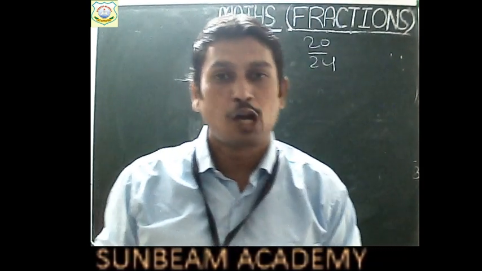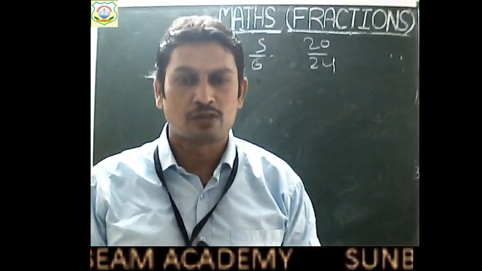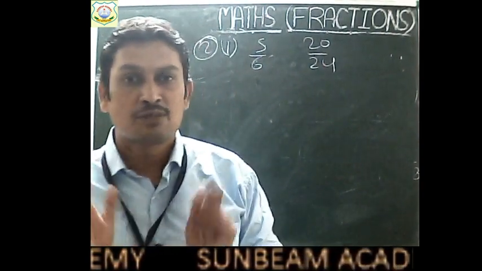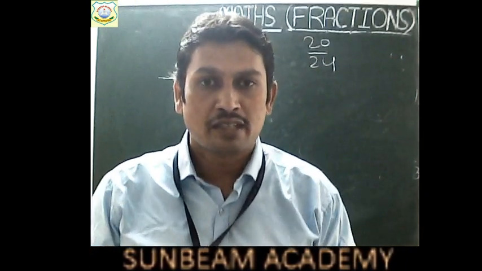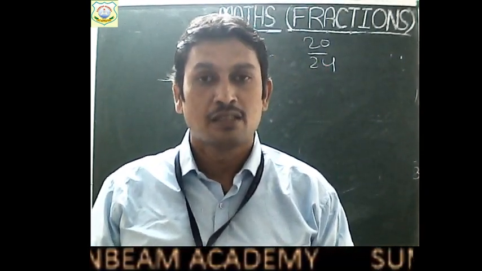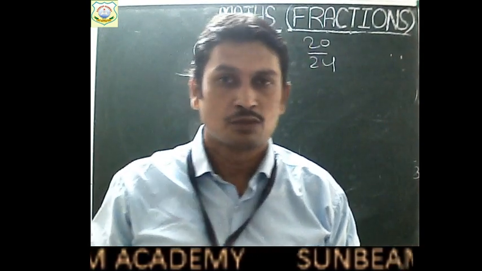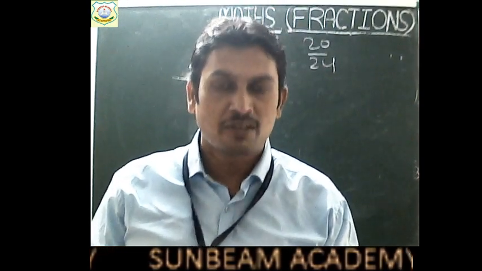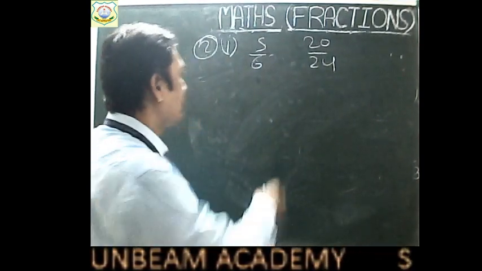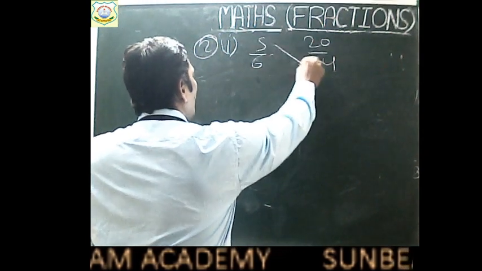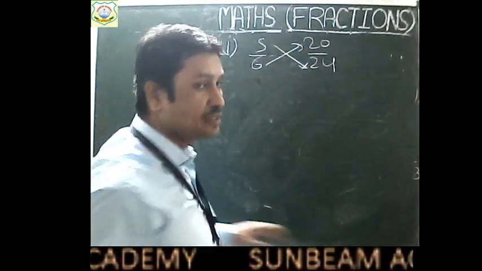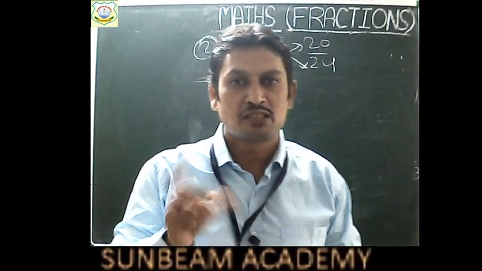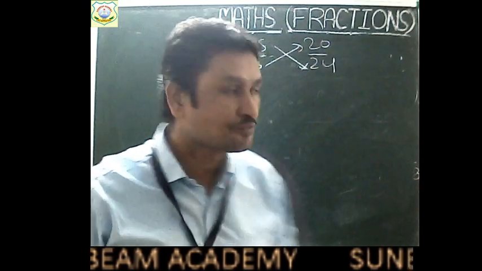Okay children, but how will you solve this? This is the way to find out directly. But how to solve this children? To check if two fractions are equivalent or not, what will we do? We will make cross multiplication. We will multiply the numerator of the first fraction with the denominator of the second, and the denominator of the first fraction with the numerator of the second. So children, we will make cross multiplication, up to down and down to up. This is the way to check whether two fractions are equivalent or not, right children?